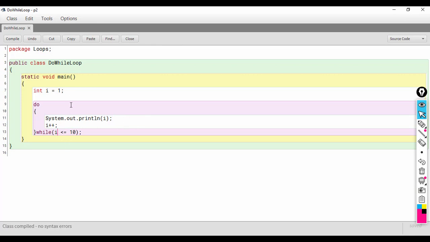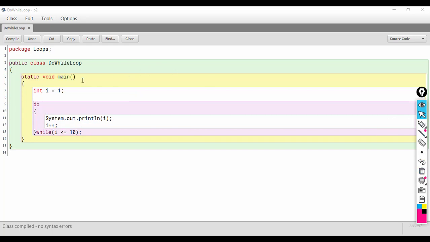Now there is one specialty about this loop. It is exit controlled. That means the loop will execute at least one time. Okay, the control directly enters the loop without checking any condition for the first time. And when the execution of the body has been done once, then the condition is checked. That is why this loop is also known as an exit controlled loop.